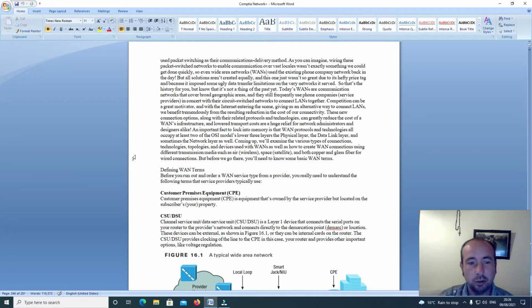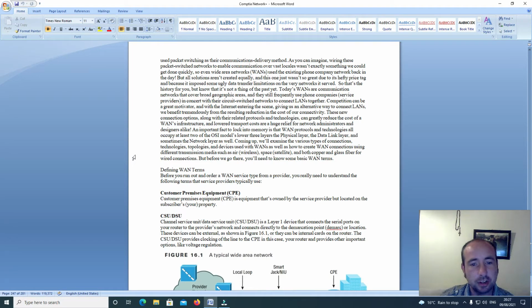As you can imagine, wiring these packet switched networks to enable communication over vast locales wasn't exactly something we could get done quickly. So even wide area networks, WANs, used the existing phone company network back in the day, but